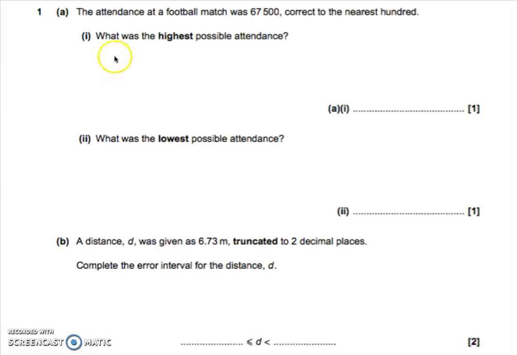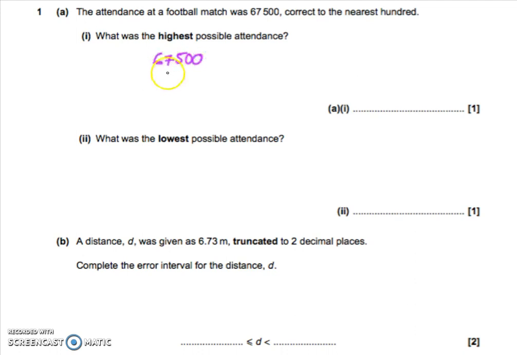So question number 1A is about the attendance of a football match. Is 67,500 correct as the nearest hundred? So that number has been rounded off. You're being asked to think about, from the first part, what the highest possible attendance is and what the lowest possible attendance is in part 2. So I'd like to think about both of these things at the same time and write down the number